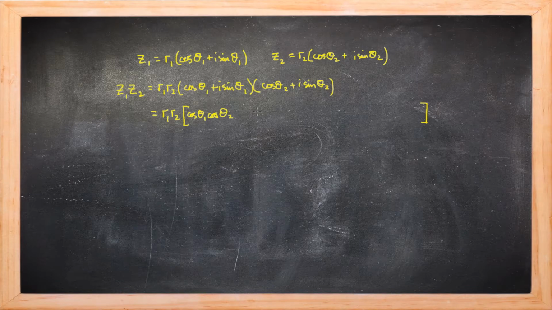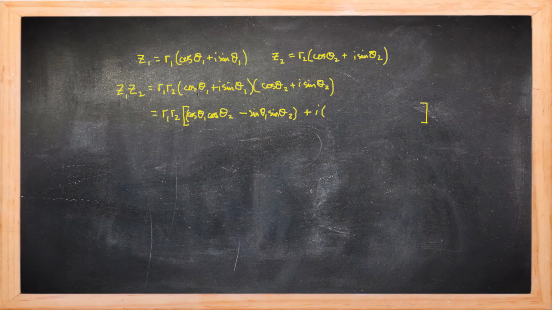The outside two has an i in it when you multiply them. The inside two, when you multiply them, has an i. So the second part of the real part of the product would come from multiplying the two last terms in the brackets. And we have an i times an i being a negative 1 times sine θ1 sine θ2. So that there is the real part of the resulting product,